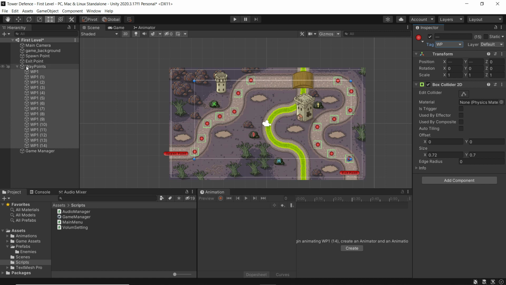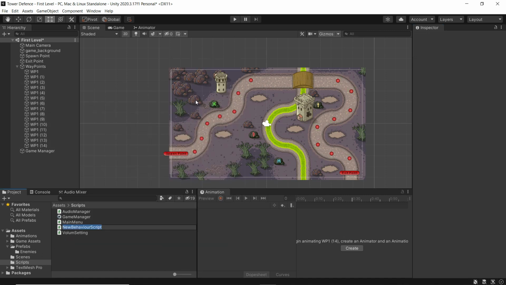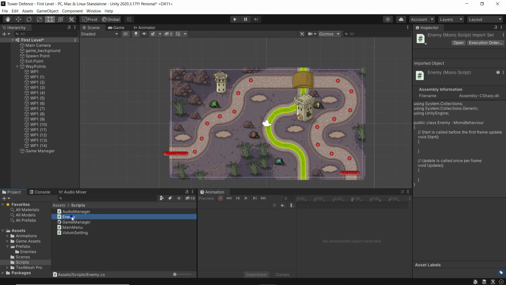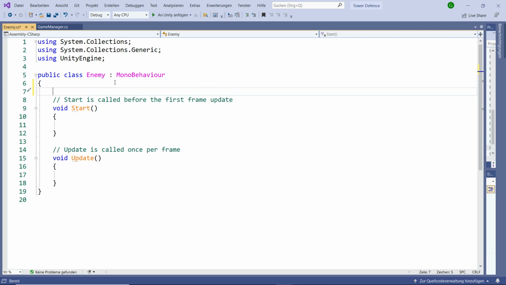So next, we are going to our script, create a new C# script. I'm going to call it enemy. So now let's go inside of that. Here in the top, I'm going to write